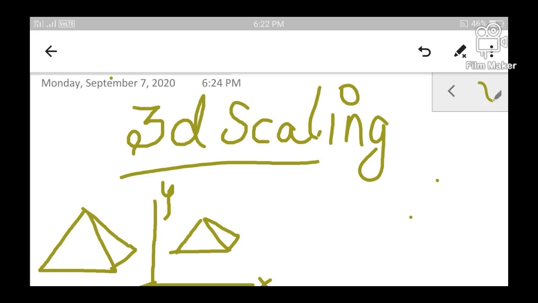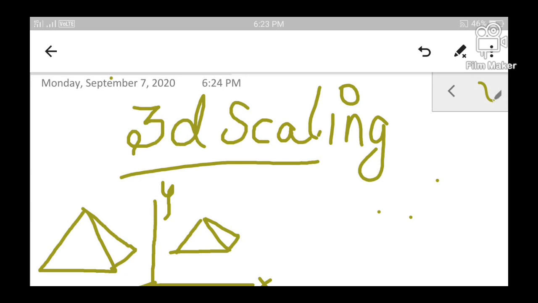So scaling is nothing but the process in which an object undergoes change in size. If the size of the object has been changed, either it is enlarged or the object undergoes a change in size by shrinking. In both these situations, the object undergoes a change in size. Clear? So even if the size of the object is enlarged or reduced, in both these cases, since the object has a change in its size, the change in size is called scaling.